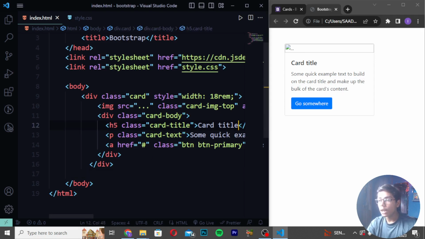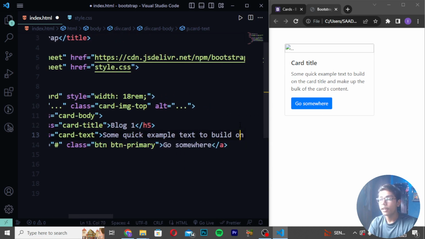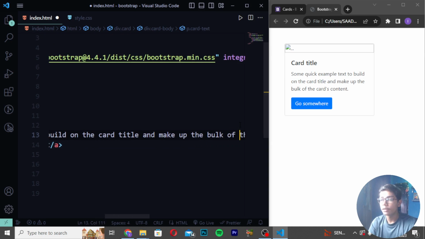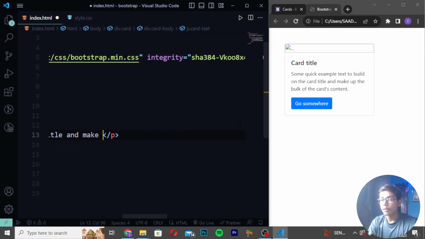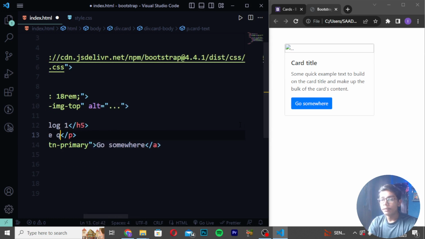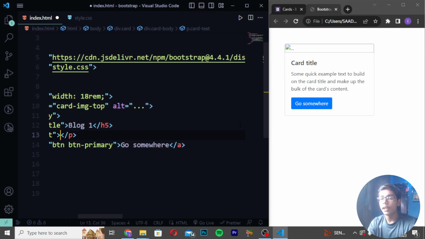Now you can change the card title to blog 1. I will be writing here blog 1, and then I will be writing a simple text here, which is the random text which we write. So I will be moving here, and then I will be removing all this stuff like this. You can see now I have just removed this here, and I will be now writing here this is a blog 1 template,